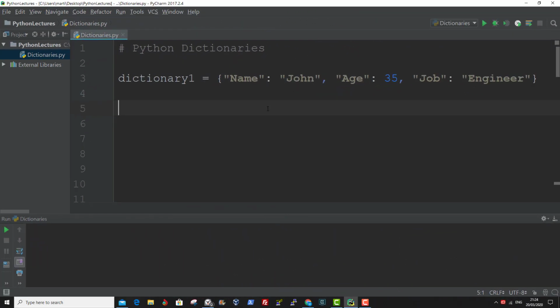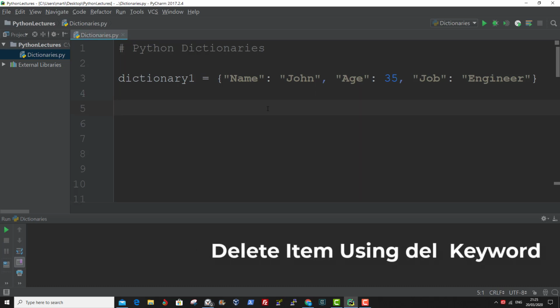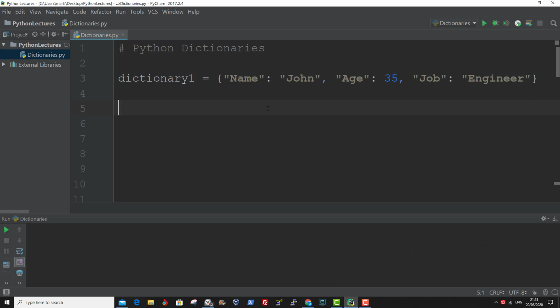In addition, you can use the del keyword to remove items from a dictionary. And you can use the del keyword in 2 ways. First is to remove a specified key name. And second, you can also use the del keyword to delete the dictionary completely. Using the following syntax, let me show you an example of how to use the del keyword to remove a